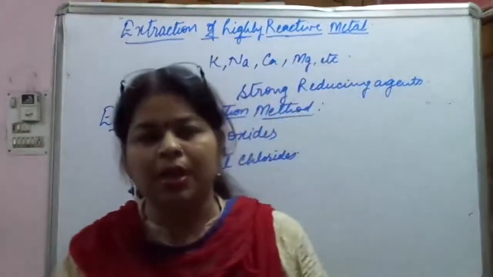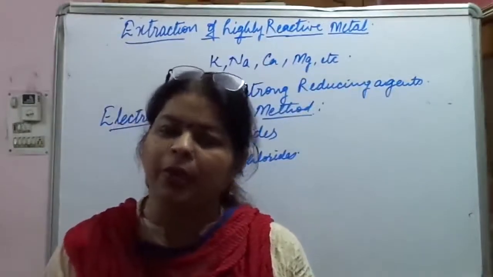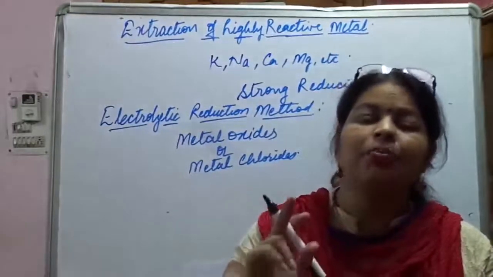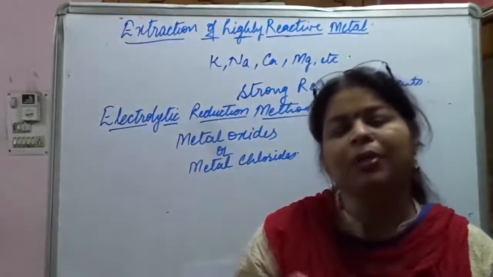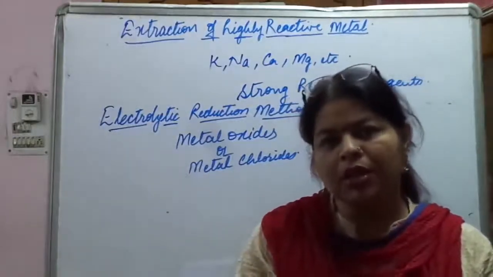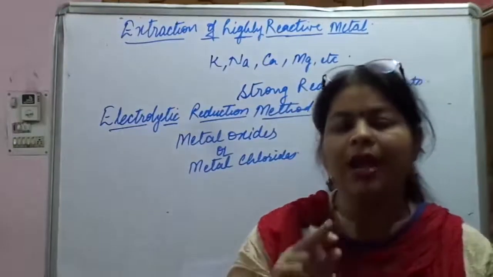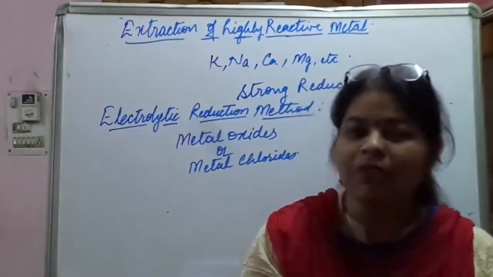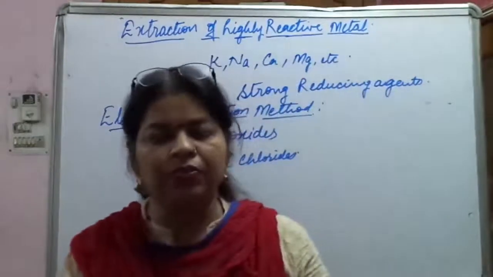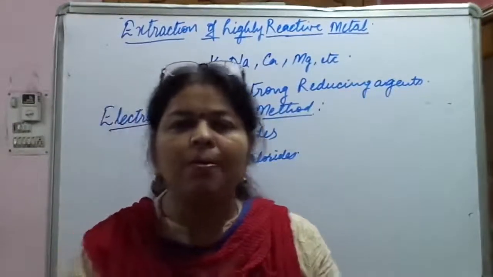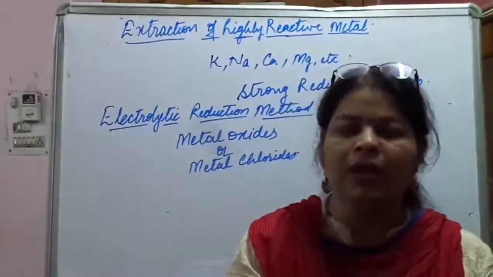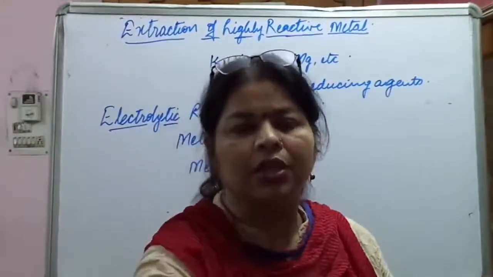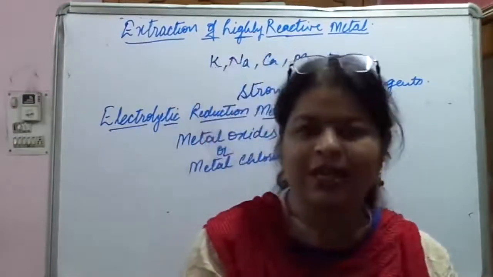So during the electrolysis of metal chloride, metal is produced at cathode, while chlorine gas, being negative in nature, is formed at anode. Okay, metal at cathode and chlorine gas at anode, the positive electrode. Same way if we talk about metal oxide, then in that also metal will be produced at cathode, while oxygen gas will be produced at anode.